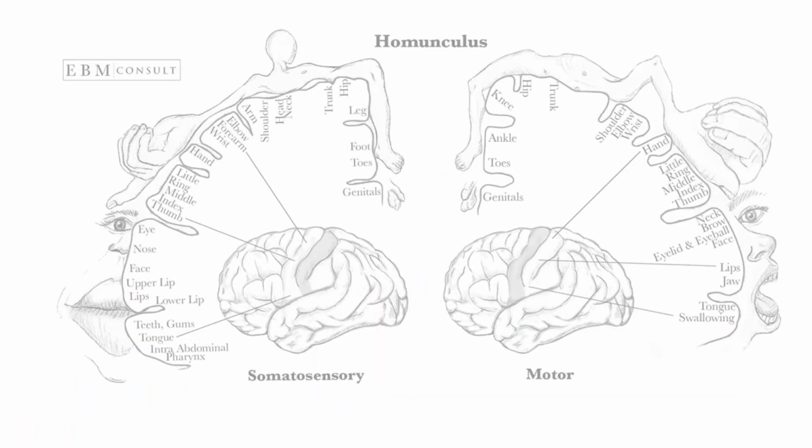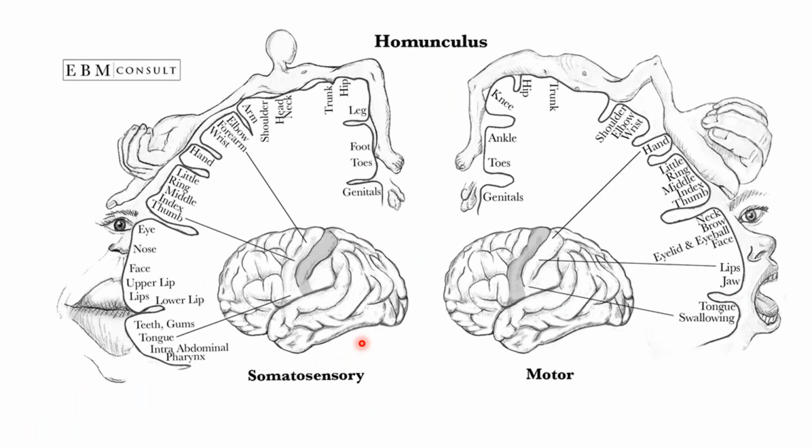So that was all about the origin, course, and termination of the corticospinal tract. The first picture we had already seen in the previous lecture, that was the somatosensory distribution. And this is the motor distribution, the somatotopic representation of the body in the motor cortex: the lower limb and genital area on the medial aspect, and the rest of the body over here. Depending upon the more skillful movement, they will be represented more in the cerebral cortex, and the body is almost an upside down representation in the motor cortex area.